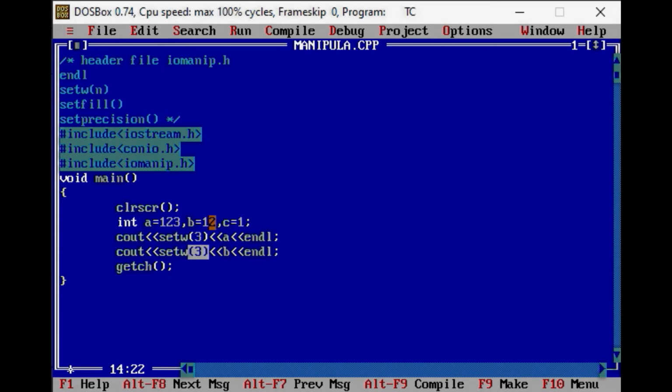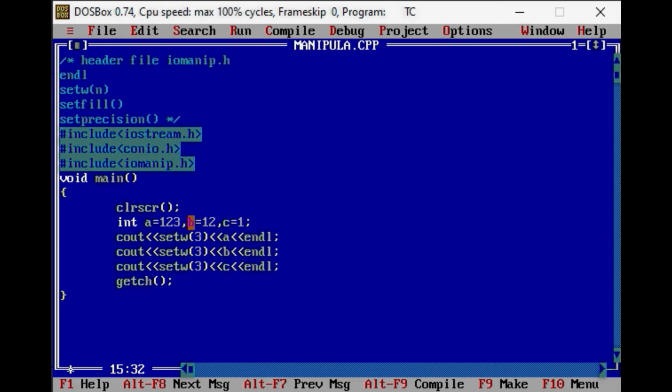So we will see in the output how it is going to be displayed. Similarly, in the next statement, I am going to write setw and set the width 3 again for variable c, and here again I am going to use endl.